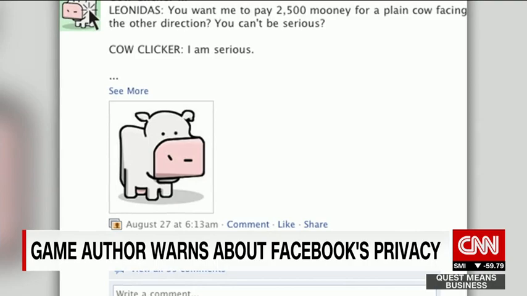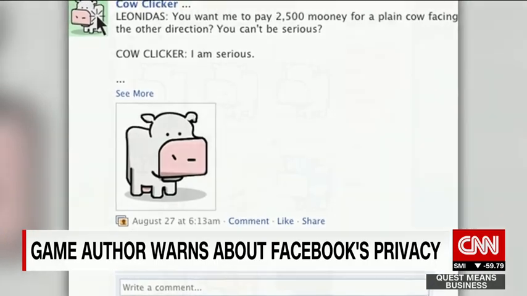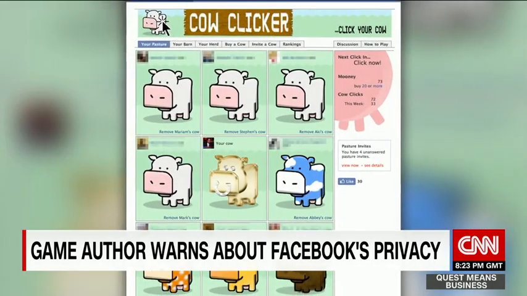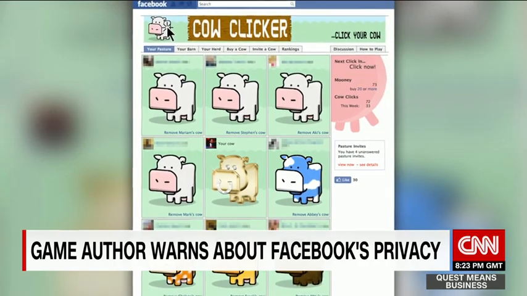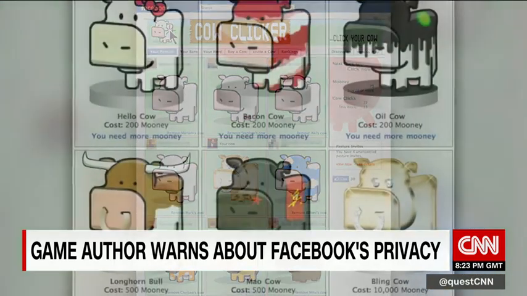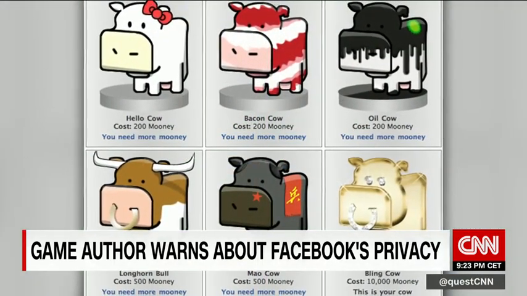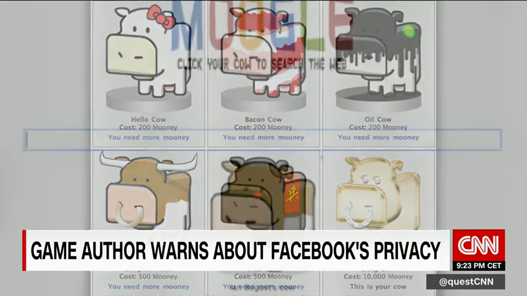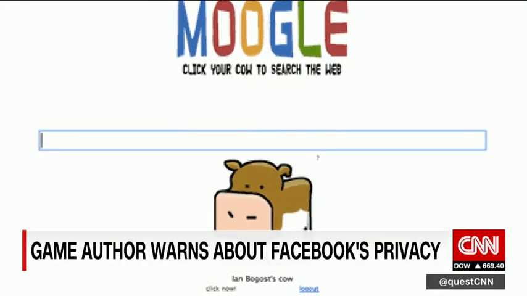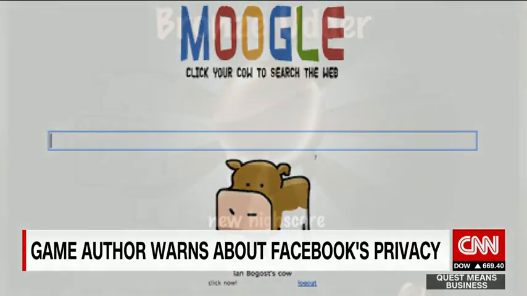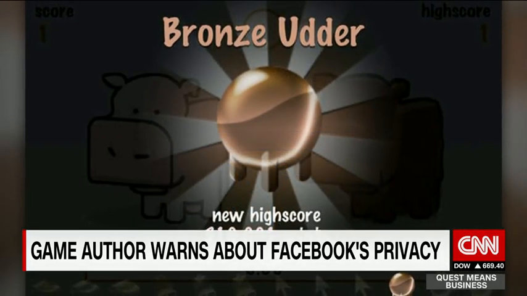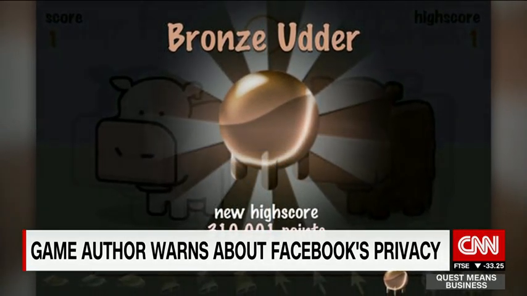Facebook's data collection isn't always obvious. This is the point. This is Cow Clicker. Now, thank you, a satirical game released 8 years ago. Even the creator would agree, perhaps, it was a silly app that became surprisingly popular. Literally, you clicked away on the cows and the game was milking its users' personal data from Facebook. Ian Bogost is the professor at Georgia's Institute of Technology who wrote the game and still has the player data